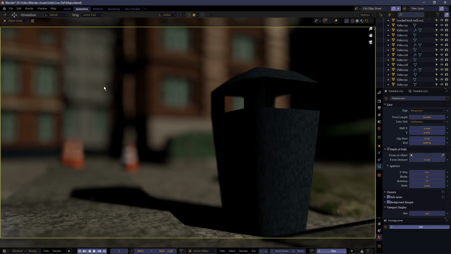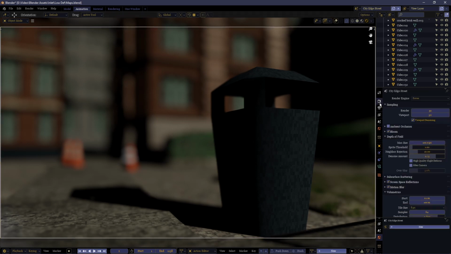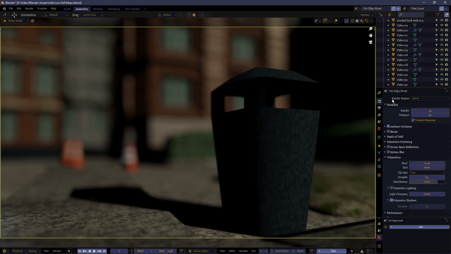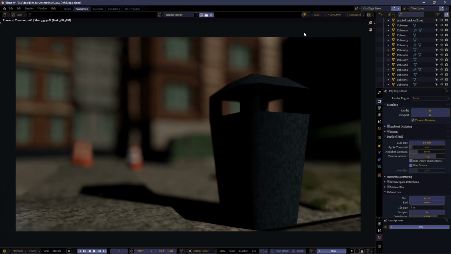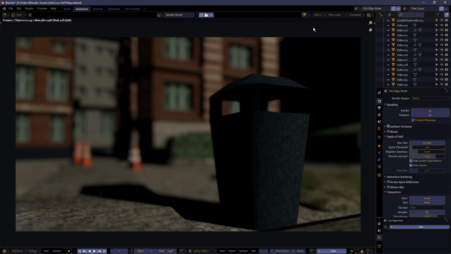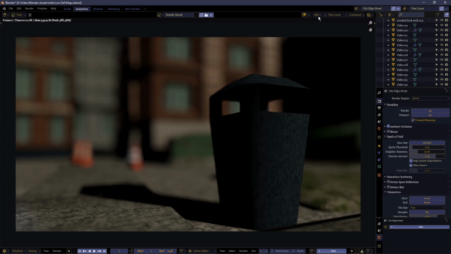However, you can cap how much blur the depth of field effect will render by coming here to the depth of field settings and changing the max size. 100 is the default. If we compare the render speeds, we can see there is a noticeable difference in the two renders. Slot 1 with a max size of 100 and a render time of 2.5 seconds. Slot 2 with a depth of field size of 20 and a render speed of 2 seconds.